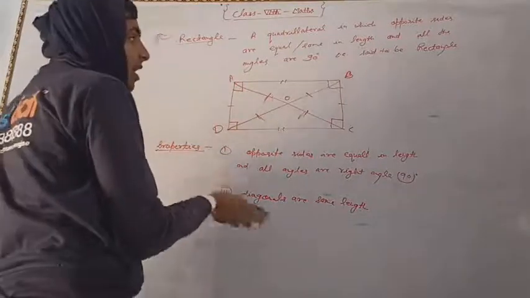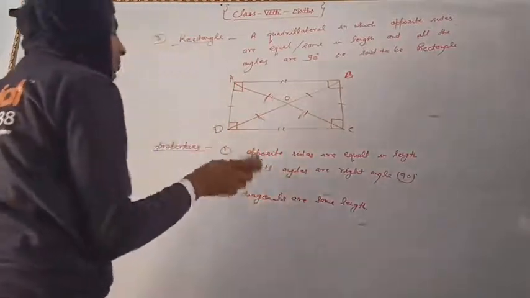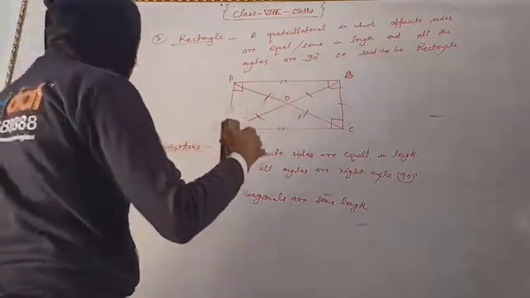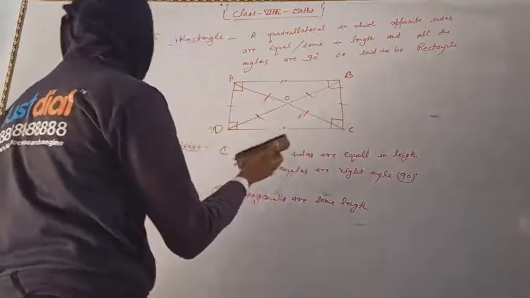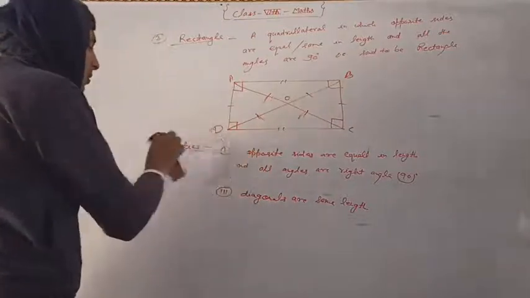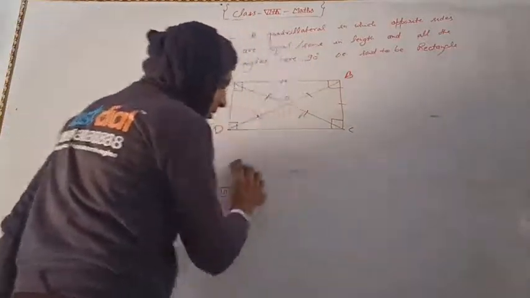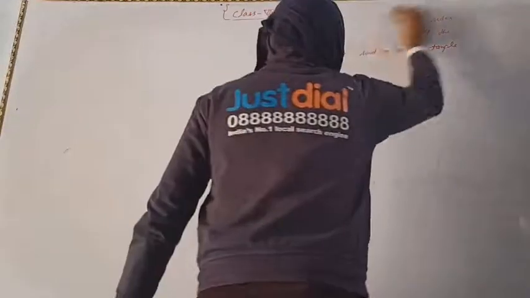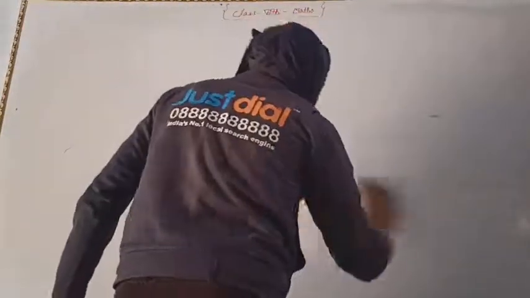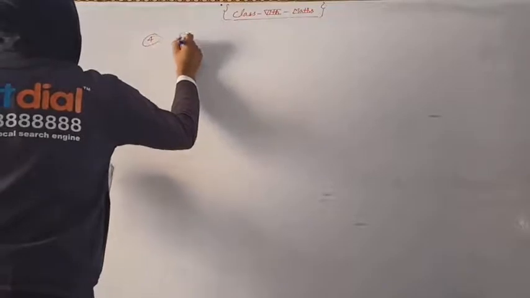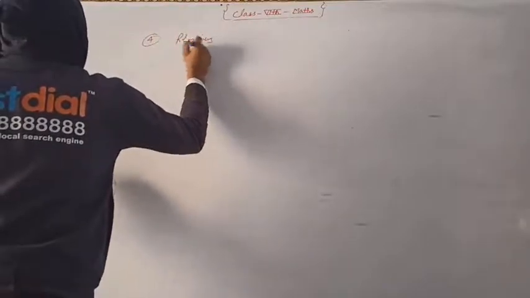You have to also write all the definition of all quadrilaterals, and you have to also learn about the properties of all types of quadrilaterals: rectangle, square, and parallelogram and rhombus. Okay, so again we have to know about rhombus. What are rhombus? The four types rhombus. Okay,